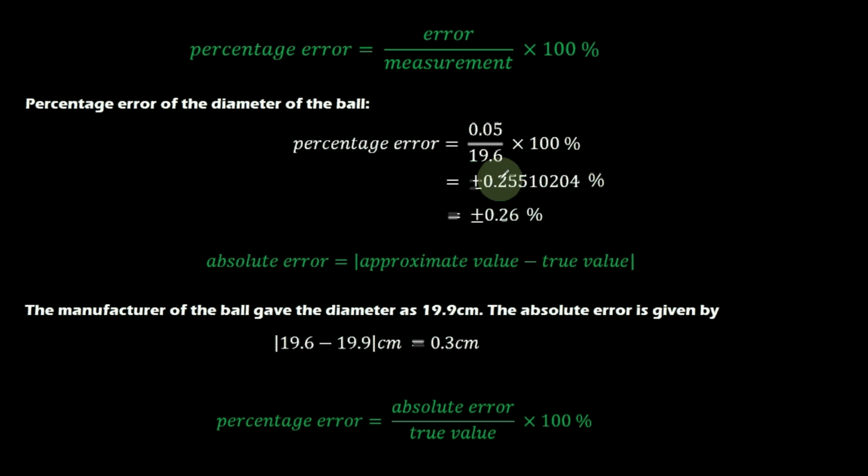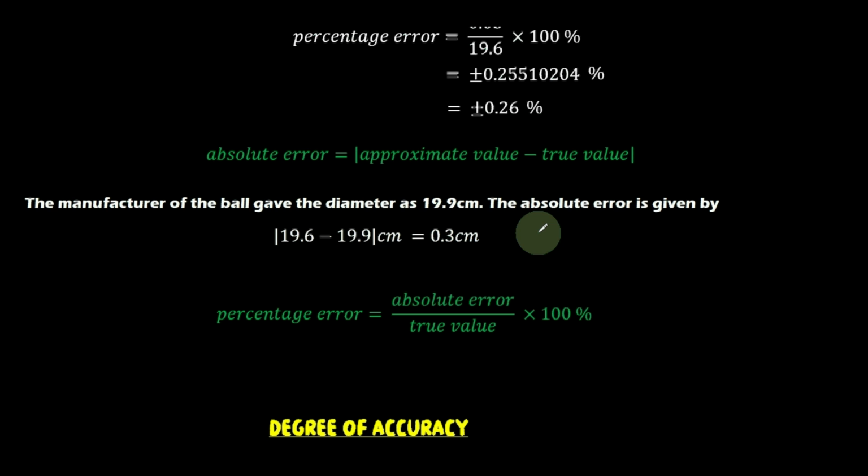But in our question here, we want to round it to the accurate significant figures. In our question, the highest number of significant figures we had was 3 in 19,6. Therefore, we can round it to two significant figures since it's still in the range which we want it to be. So we round it to two significant figures and we get 0,26.